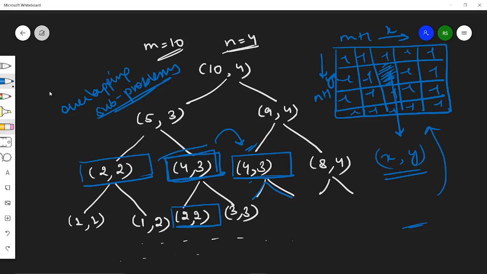And if I have already calculated it, then I can simply ask the DP to fetch me that value. So for example, 4 comma 3 is this cell. So I'm calculating it for the first time and I'm storing my answer in this. So whenever I'm at it the second time, I will simply ask the DP to fetch me the value for this 4 comma 3. So this will optimize it. So we will use top down approach.